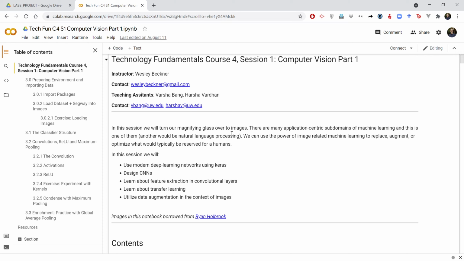There are many application-centric domains or subdomains of machine learning. Another one we could think of is natural language processing, time series analysis. This one's going to be focused on computer vision. We can use the power of image-related machine learning to replace, augment, or optimize what would typically be a reserved task for a human. In this session, we will use modern deep learning networks using Keras TensorFlow, design convolutional neural